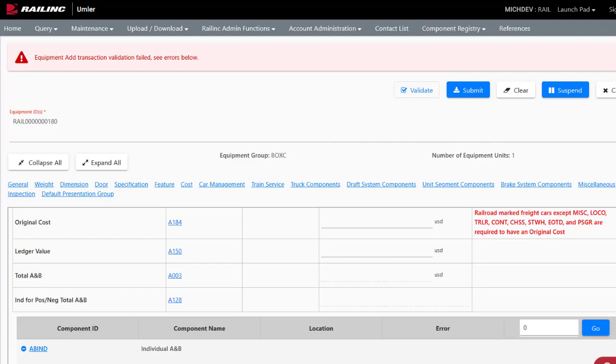Additional fields that are not initially marked as mandatory may need to be entered after validation. So fix all fields marked with red images, and this will vary depending on the information entered. For example, cost does not have a red dot under flag, but it is required in this case. Once the fields are fixed, click Validate again.